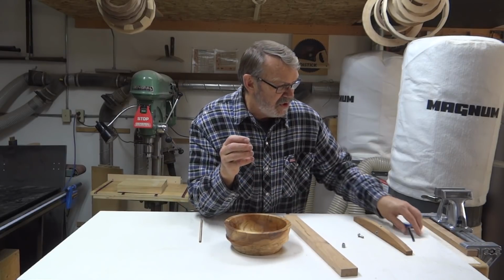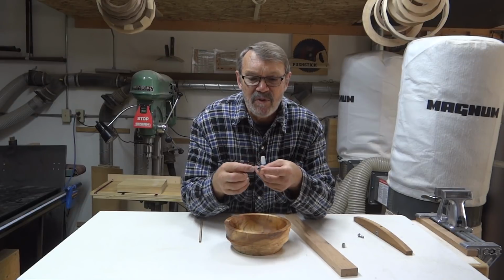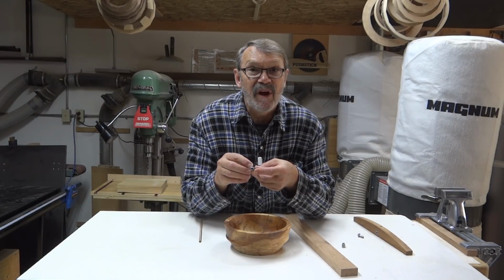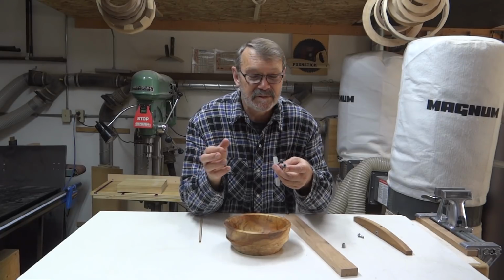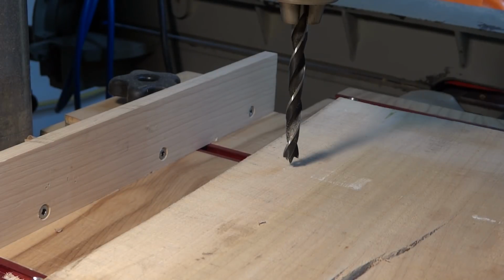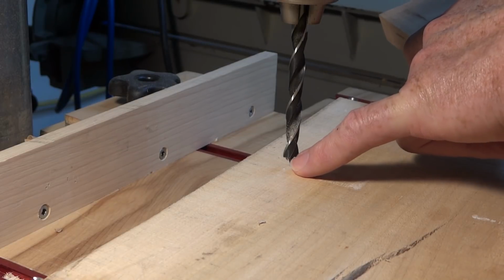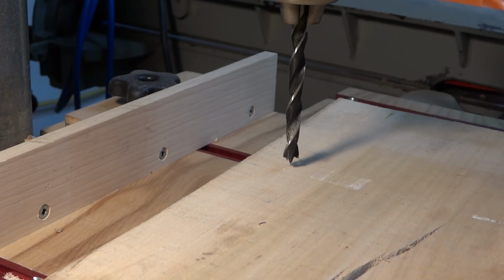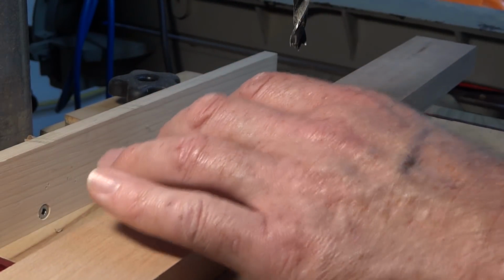So I just put this on my hex key, hold it against my grinding stone, and grind it down until it's the length that I want. So let's just take a look at how to make one of these. I have set the depth of the drill so that there is just a slight gap between the bottom of the brad point and the piece of scrap I'm using. So I will put this on here now, line up the brad point,